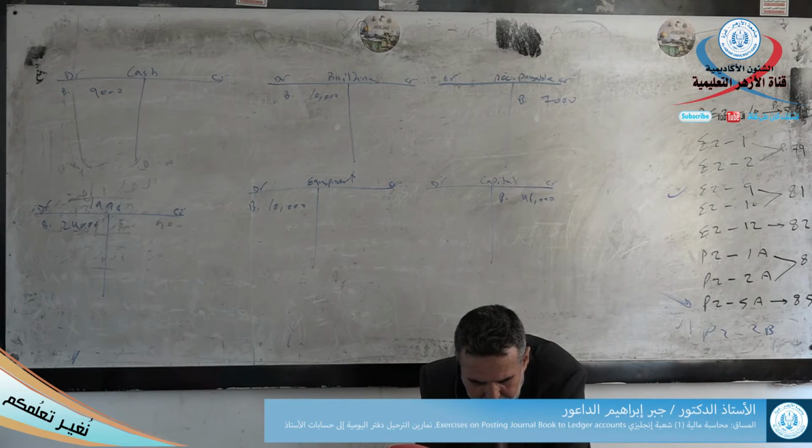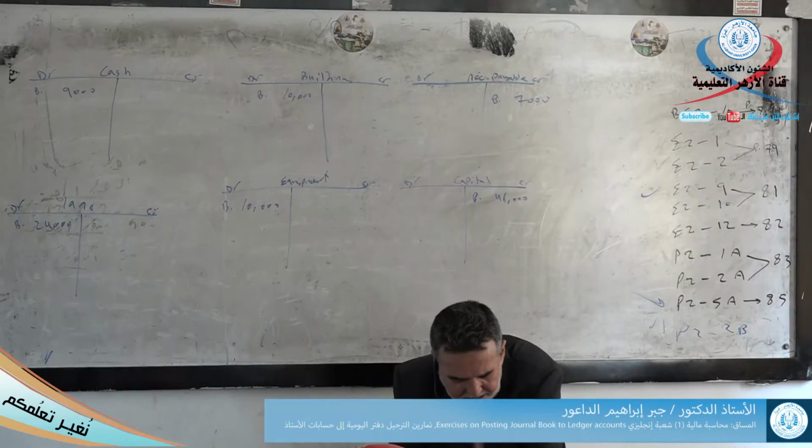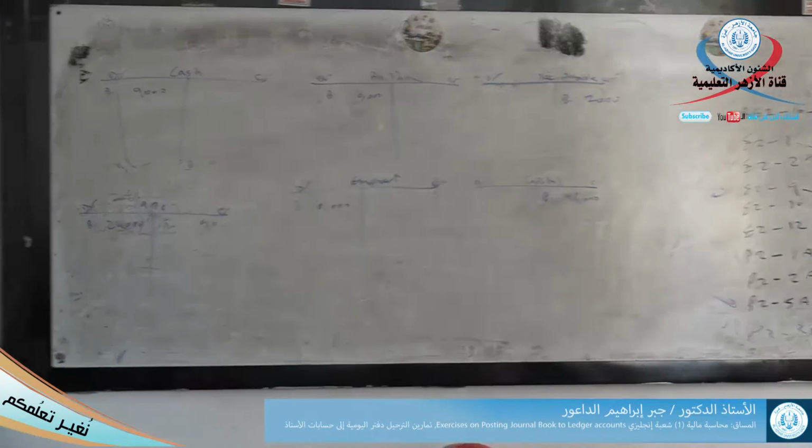Okay. Number B, journalize the March transactions. So, in the journal book,